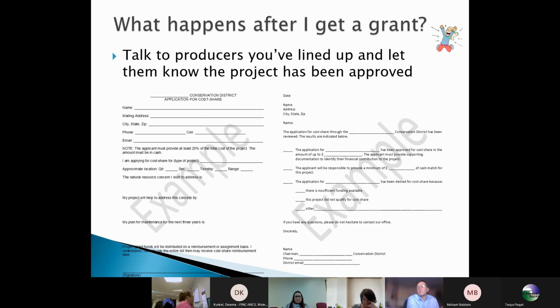So then what happens after you get the grant? Of course, hopefully you've talked to producers beforehand and you've got their interest that says, yeah, we'll plant trees if you get a grant, but we need some cost share. So then you apply and you get a grant. And so then you need to get